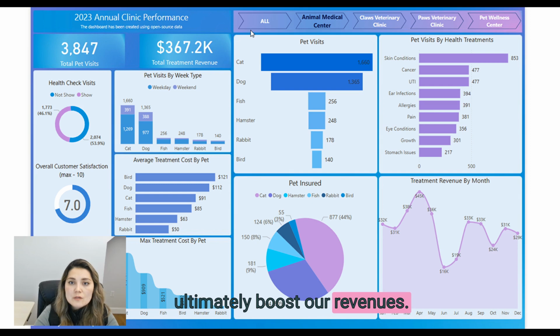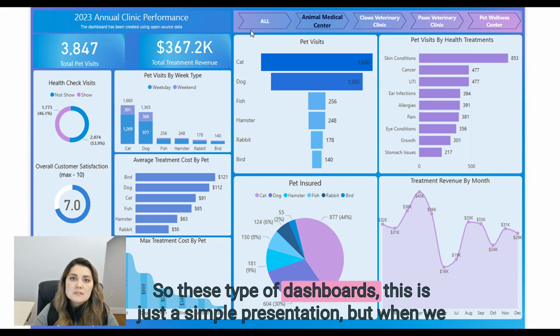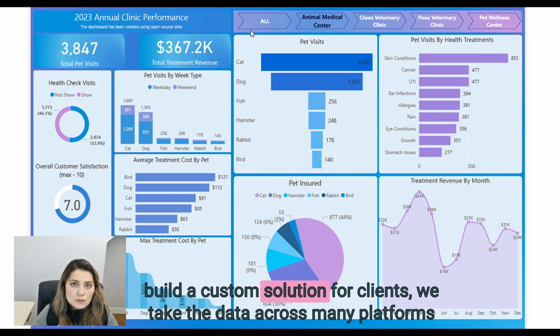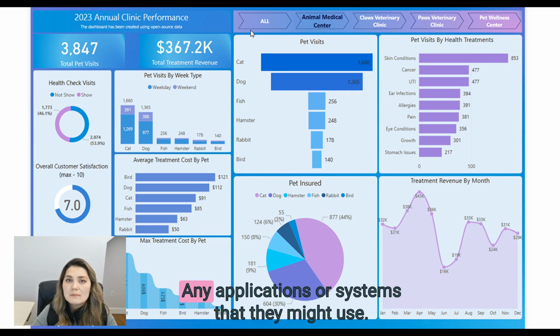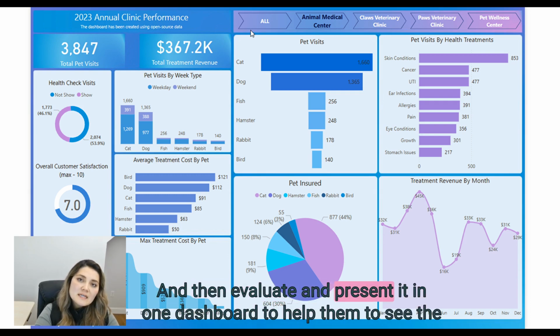and that will ultimately boost our revenues. So this is just a simple representation, but when we build our custom solutions for our clients, we take the data across many platforms that they use for their business, any applications or systems that they might use, and then evaluate and present it in one dashboard